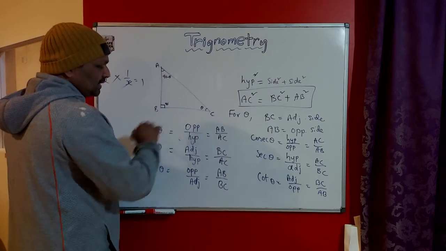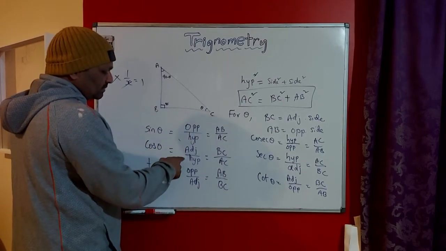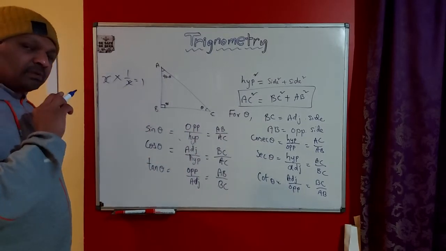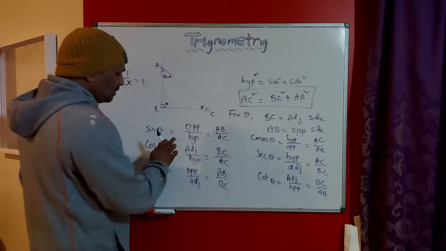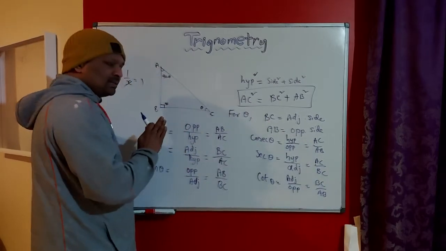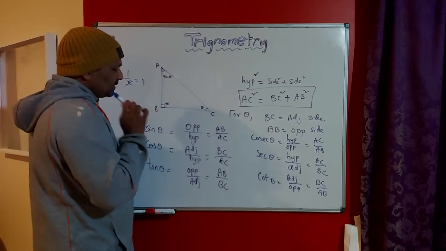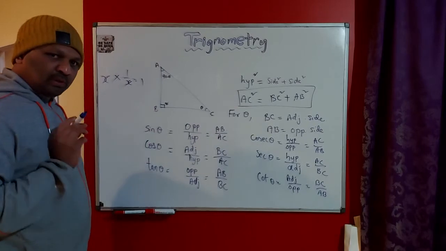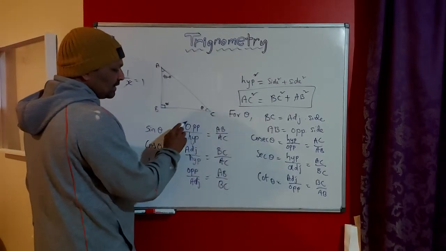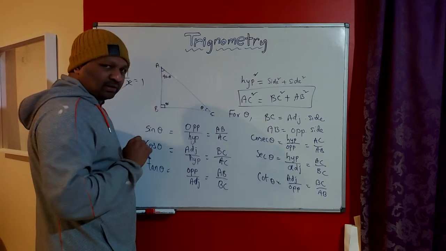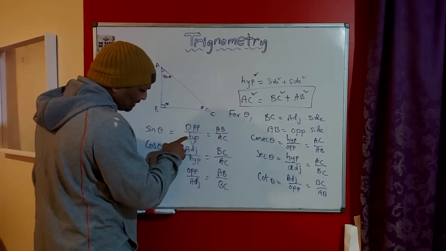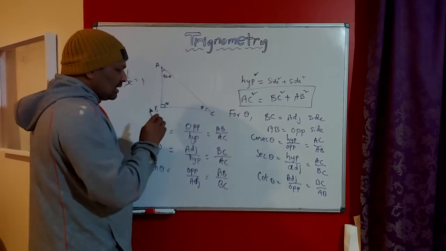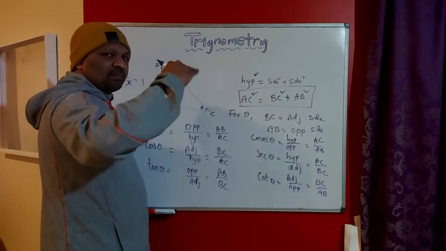For each of these, what is the ratio? Opposite by hypotenuse, adjacent by hypotenuse, opposite by adjacent. In any right angle triangle, the hypotenuse is the longest side. Opposite or adjacent should always be less than the hypotenuse. That is why opposite is lesser, hypotenuse is bigger. So it is expected that this value at the maximum can become 1, because we have a higher value here and a smaller value here. So it starts from 0 and it reaches a maximum of 1.